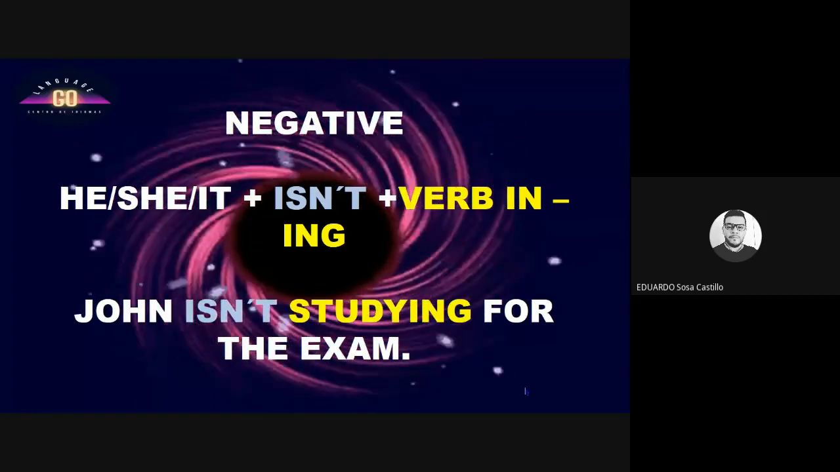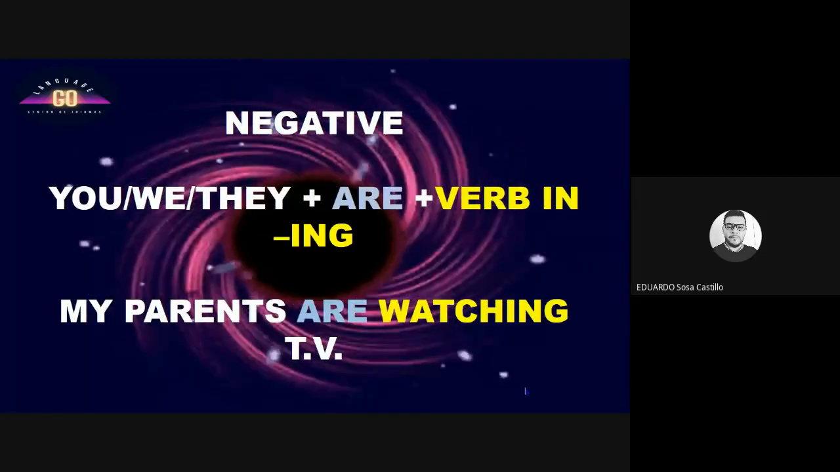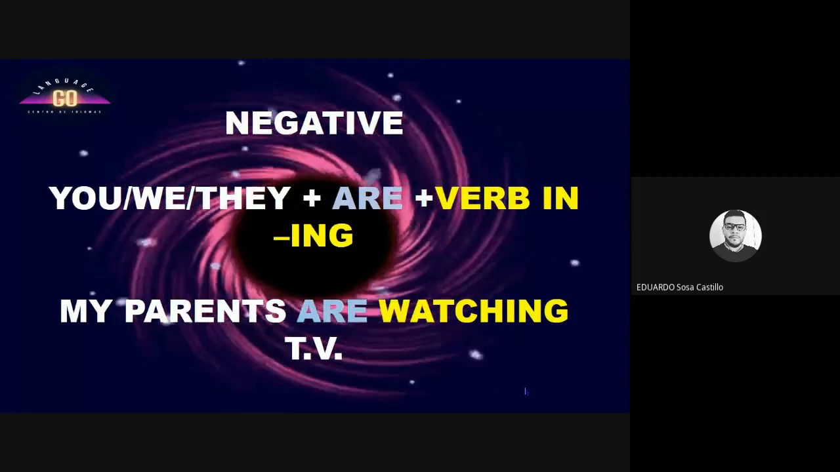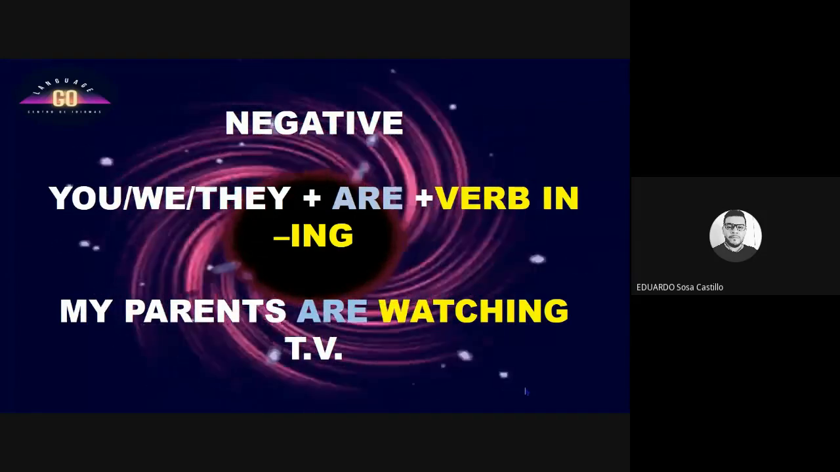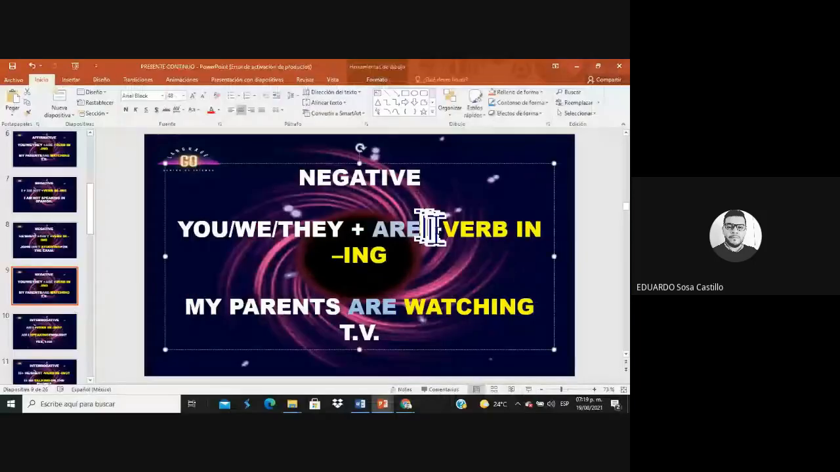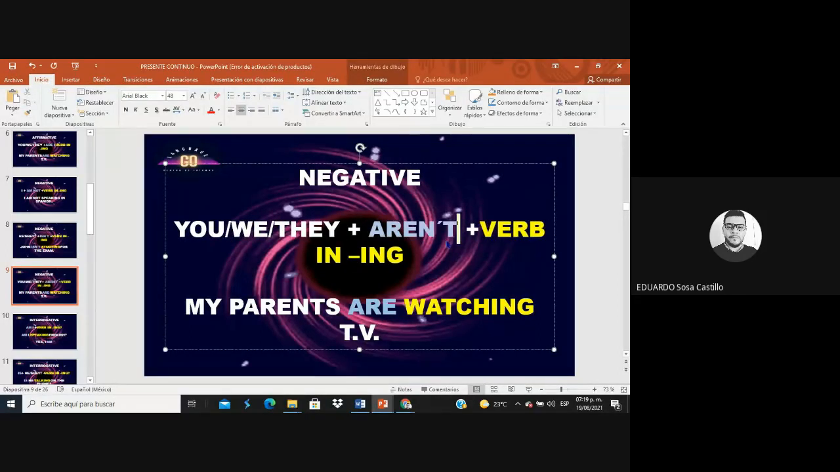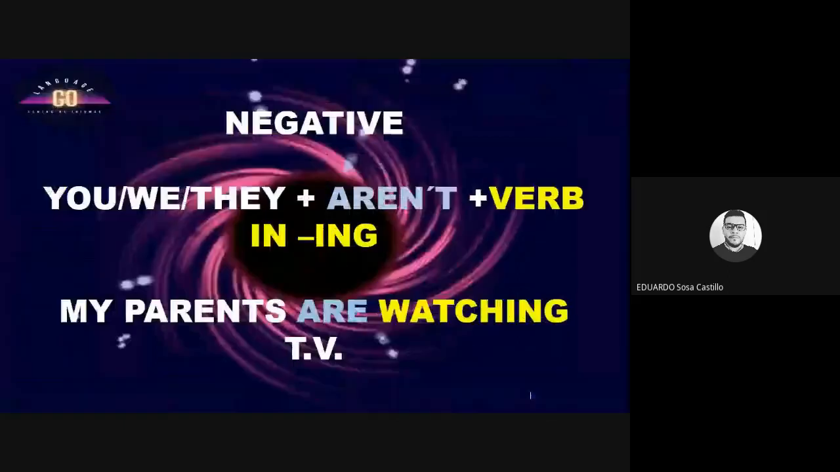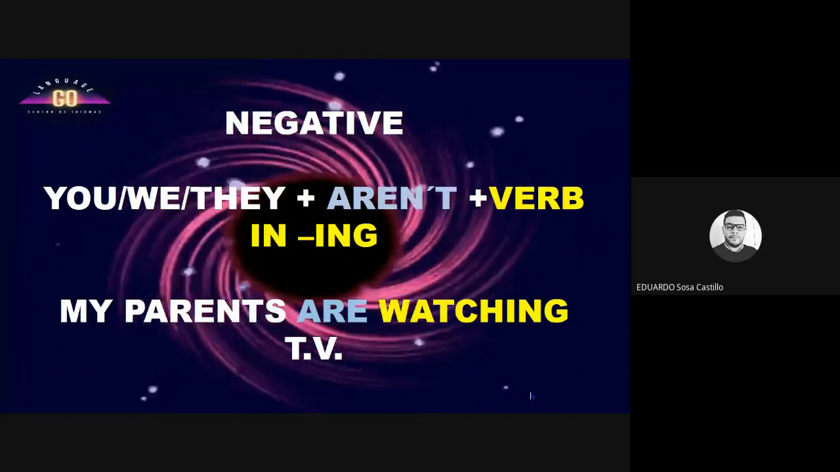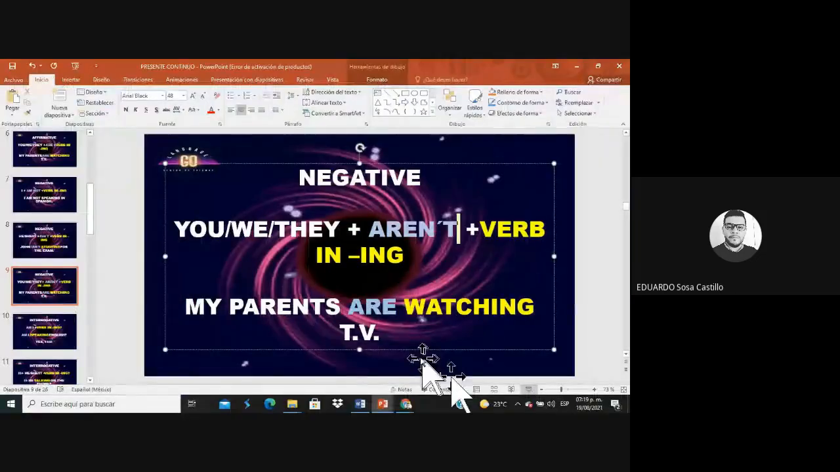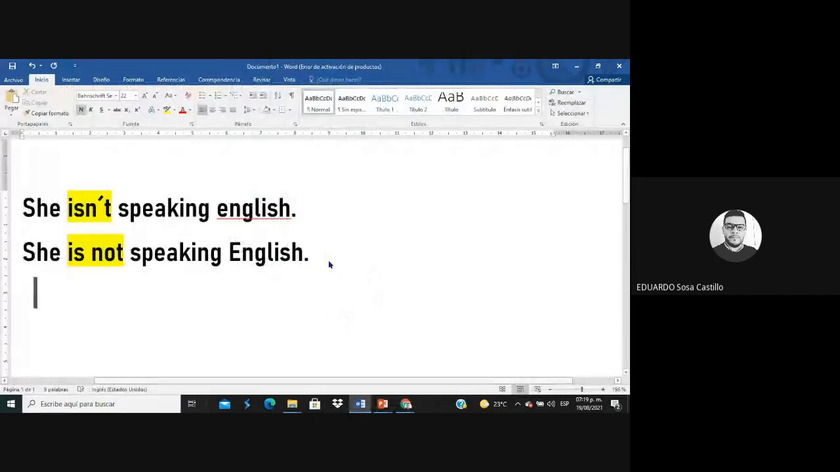So let's see the next one, because now we are going to see what to do with the pronouns you, we, and they. Here there's a little mistake because you cannot say are is aren't. Let me modify it so that we can have it correct and ready. It's you, we, they aren't plus the verb in ing once again. And I'm going to give you once again more options. Check it out. We have they aren't speaking